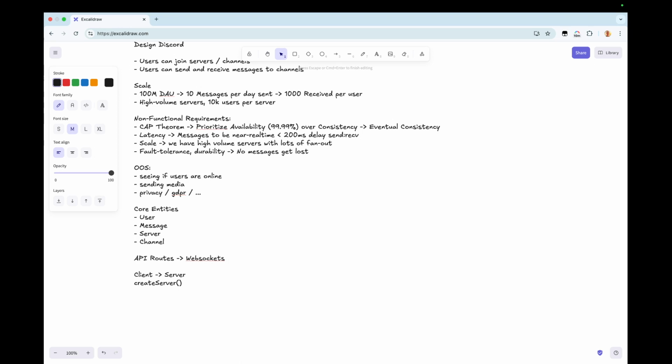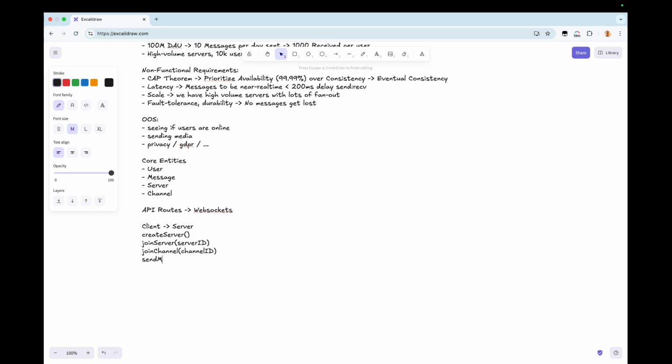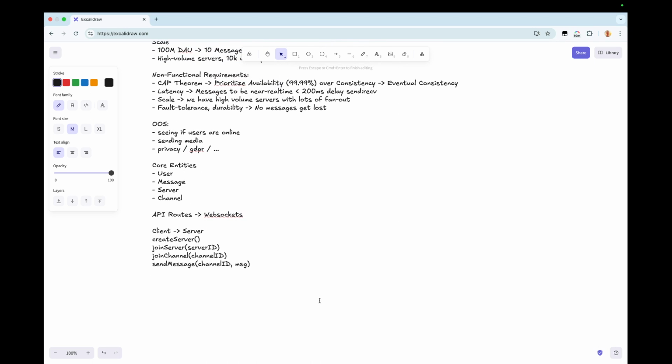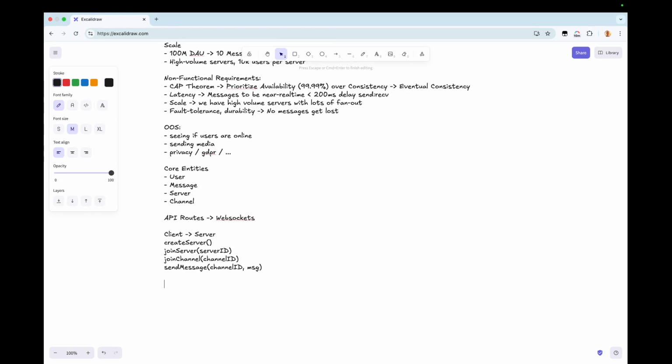This is something that we do infrequently, but we'll have more frequently join server, server ID, and then join channel, channel ID. And then the client sends message, channel ID, message. So those are some things that the user can do to the server.